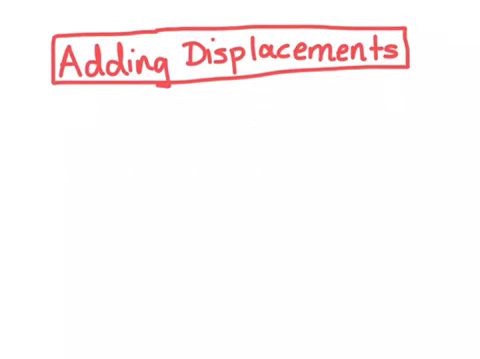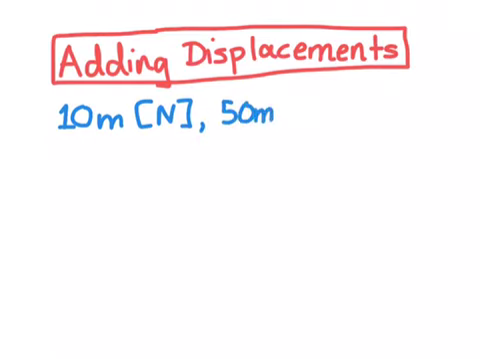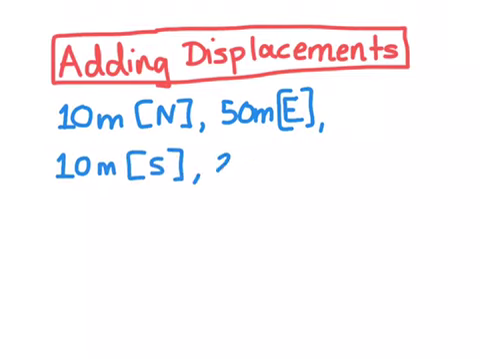So if I were to travel 10 meters [north], then 50 meters east, then 10 meters south, then 20 meters west, I could figure out my displacement by adding these vectors together. So you could make a scale and draw them out, or we can group our north and south vectors together